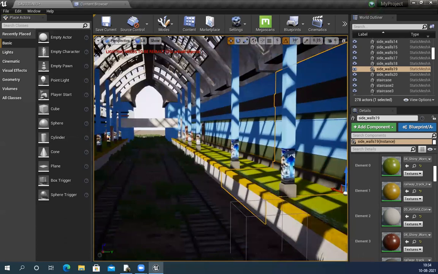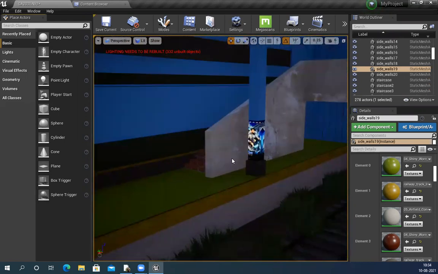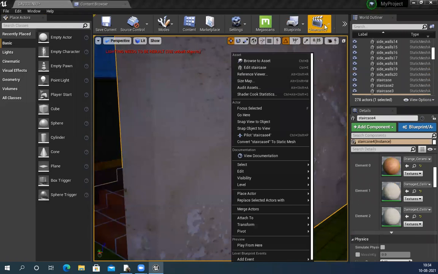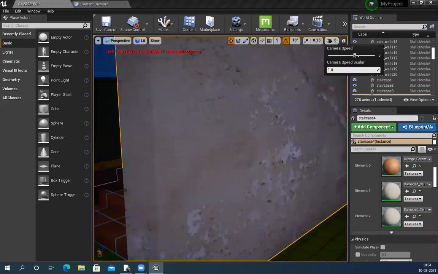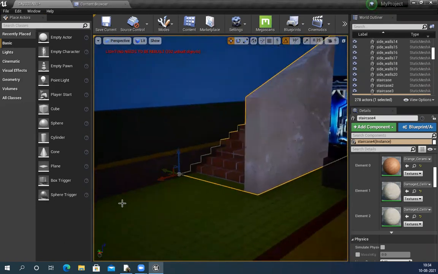But because I have all this glass, I can skip that very easily. So this section, suppose I want to make it dirty. It looks like brand new. Camera speed, just make it a little slow. Suppose I want to make this thing dirty. So how do I do it?